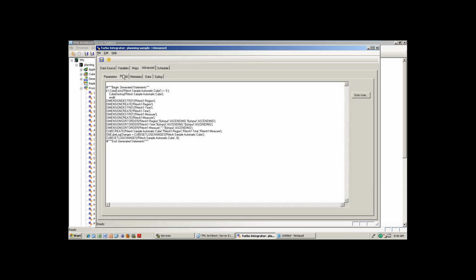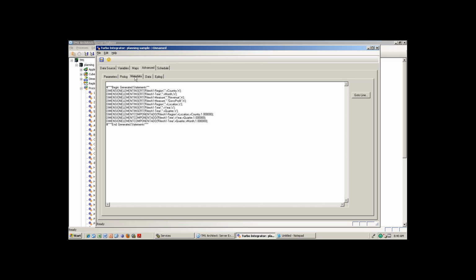So in the Prolog, you will build only the cube names and dimension names. In the metadata, it will give you the hierarchy structure. That is, for which dimension, what are the levels, what is the child, what is the parent. That will be converted. And data, okay, what are the measures and what measures have to go and build the cube. So see, cell put in. That means it is taking the revenue value and putting it against the country and month combination. Say for this particular country, for this particular month, what is the revenue, something like that. Okay. And epilogue, so this is the log file.